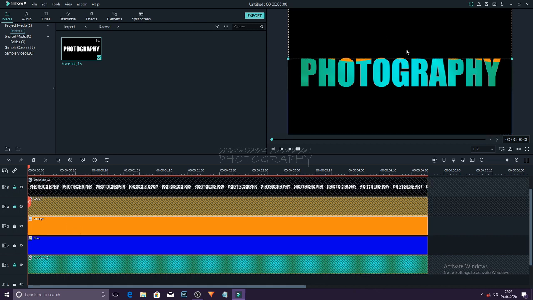Now click the third timeline. As you can see that this starts coming, so put it right on top where the text starts. Same with the blue one, put it right below where the text ends, and you're done with this.